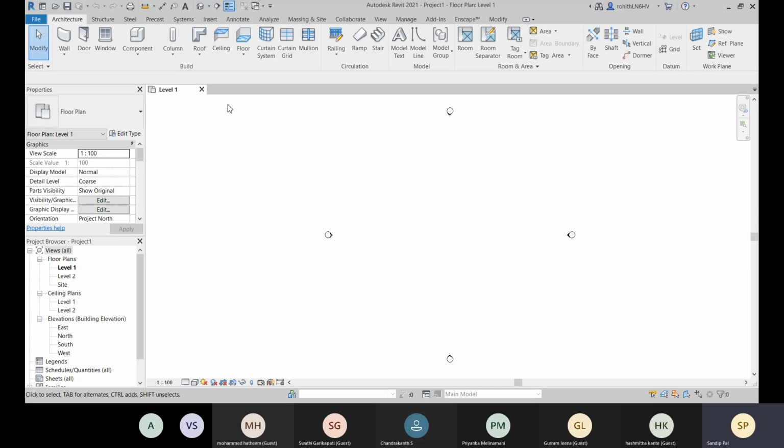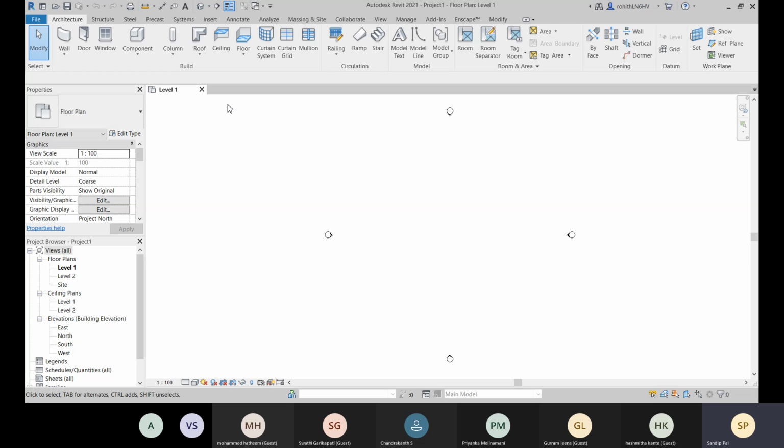Okay, or all the needed settings for all the projects you will be preparing from the beginning, you will store it as a template so that you don't have to set all the time when you start your project. That's the thing. You create a template.